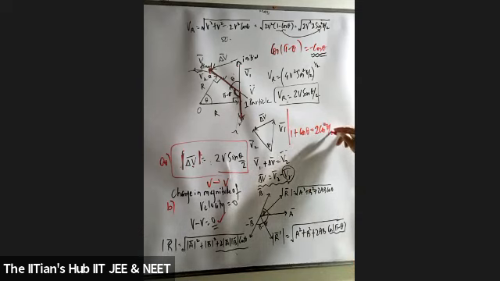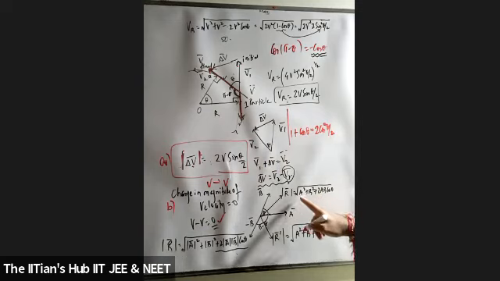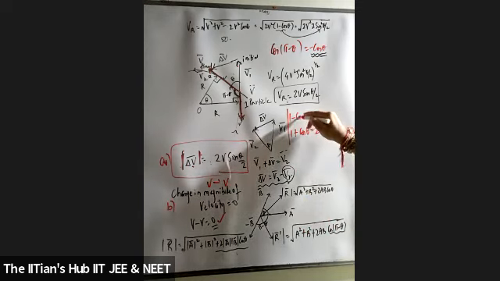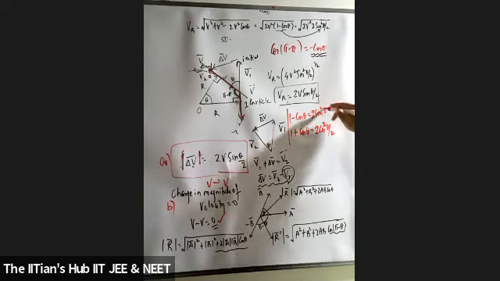Keep this in mind, students, because suppose I took this problem with a positive sign: v square plus 2v square cos theta. Can I take out 2v square? 1 plus cos theta came, right? Students, one formula is 1 plus cos theta is 2 cos square theta by 2, and 1 minus cos theta is 2 sin square theta by 2.